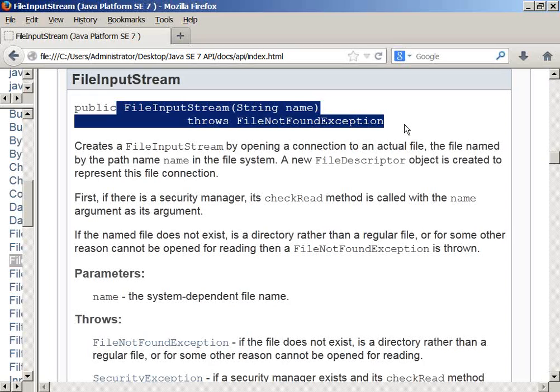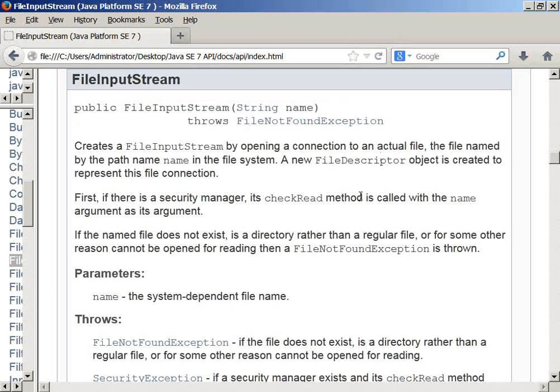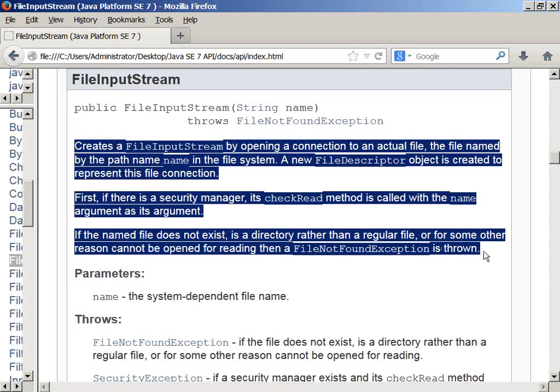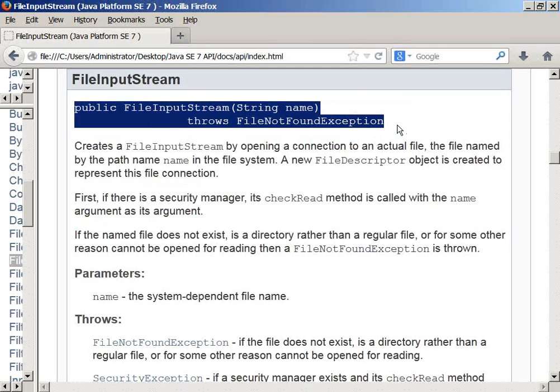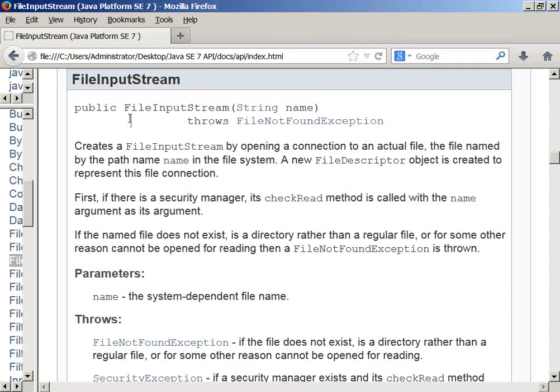What happened, guys? Don't read all of this. I am not asking you to read this. It's not required. It is not our concentration. My concentration is only on this. Just read it. What is the method syntax you have? The constructor throws an exception. What is the meaning of this? Whoever calls this constructor, to that method it is throwing an exception.